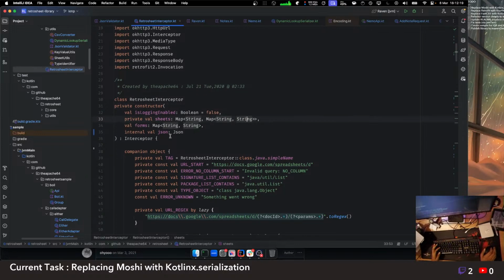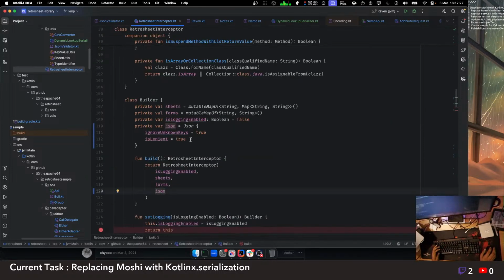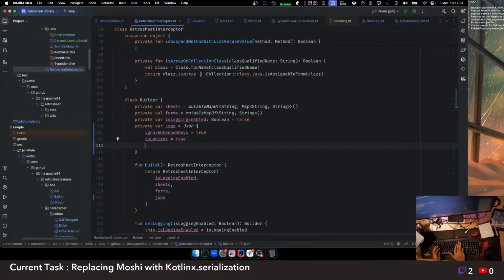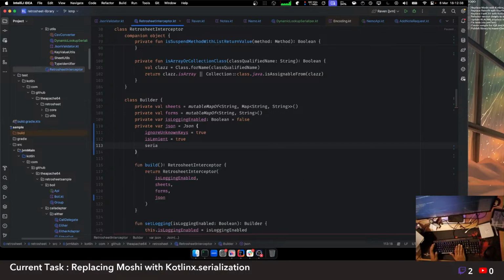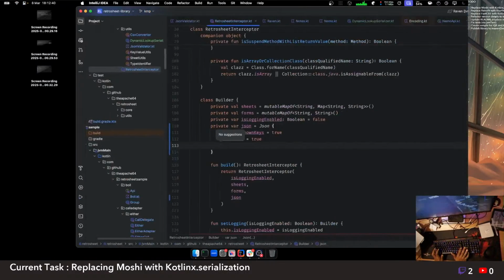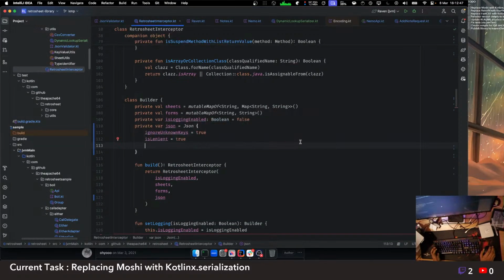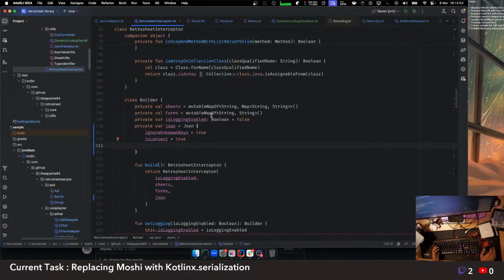Cool. So we have to pass the JSON from here, and this is an internal constructor, and this is being passed from our builder. And what we need to do is attach this serializer somehow. So is there a set JSON? Okay, let me do one thing. Okay. What if I just do